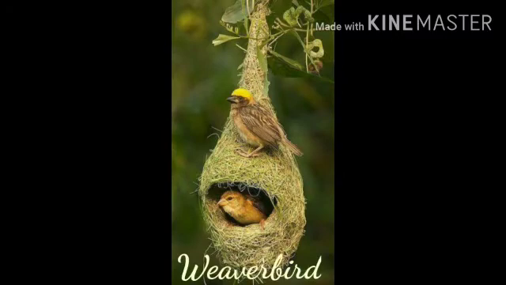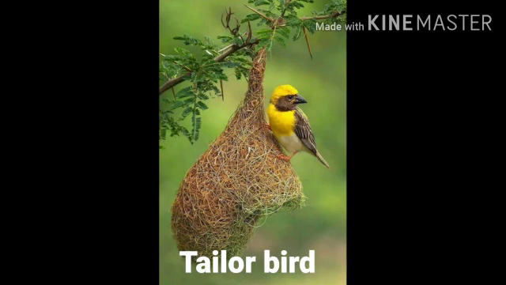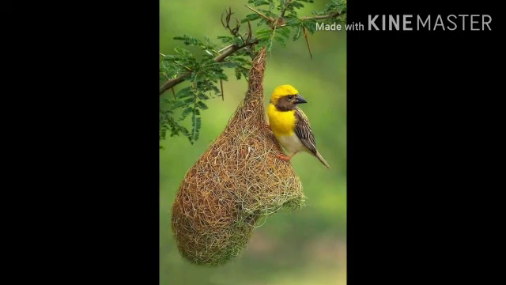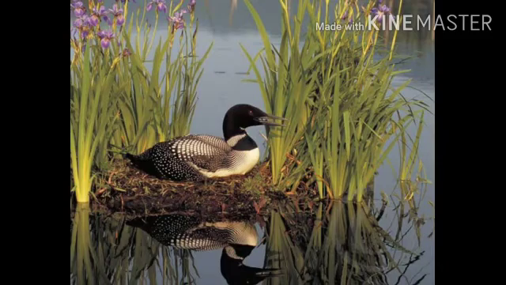Now you can see here the weaver birds. Weaver birds use many twigs and leaves to make their nest, and they make an entrance hole to go in and out. The second one is the tailorbird. The beak of the tailorbird works as a needle. They sew their nest with the help of this beak. You can see in the pictures that these nests are attached to plants or trees.